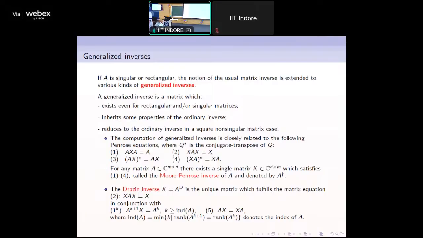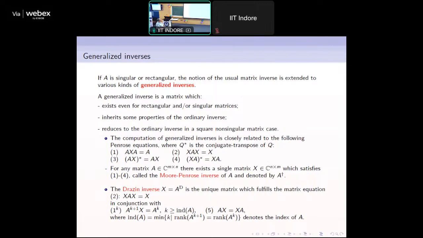Then we need to extend the notion of matrix inverse to notion of generalized inverses. Usual inverse is unique, but opposite to this property, generalized inverses are not unique. There are many classes of generalized inverses,